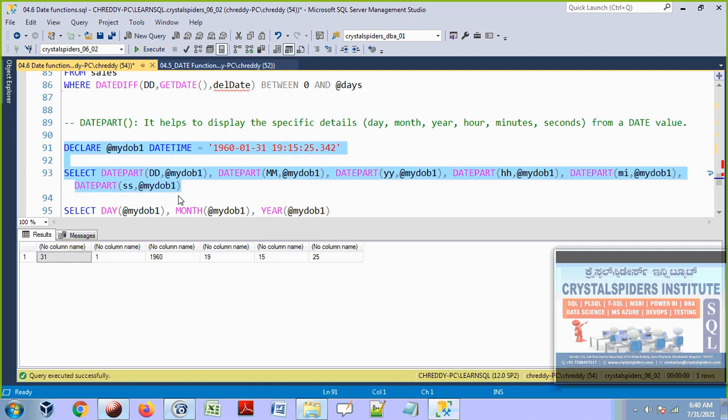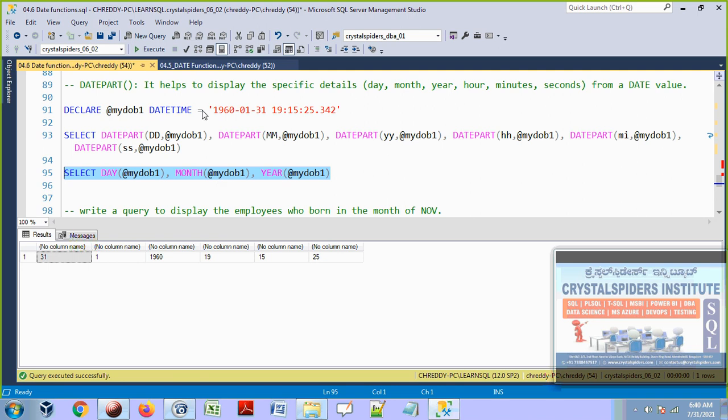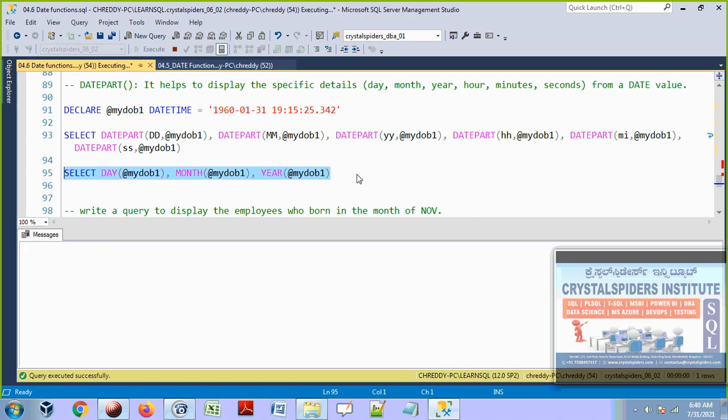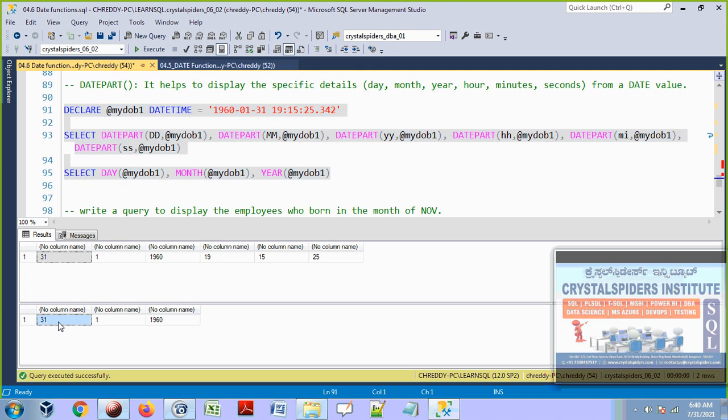You see that. In a similar way we have 3 separate functions to display the day, month and year. Let's execute this DAY, MONTH and YEAR. Okay, I have to include this variable declaration. You see that this DAY function is returning what day it is. In my DOB variable we have one datetime value. In that datetime value what day is it? 31st.